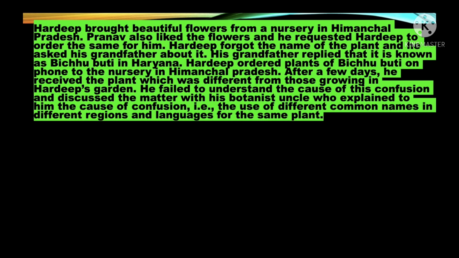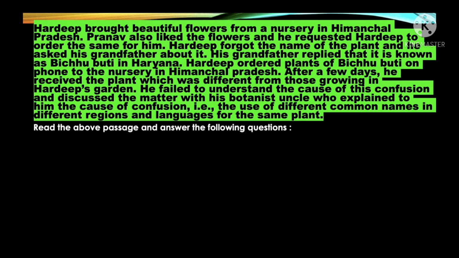Hardeep ordered plants of Bichu Butti on the phone from the nursery in Himachal Pradesh. After a few days, he received a plant which was different from those growing in his garden. He failed to understand the cause of this confusion and discussed the matter with his botanist uncle, who explained to